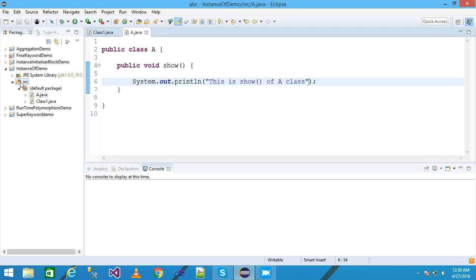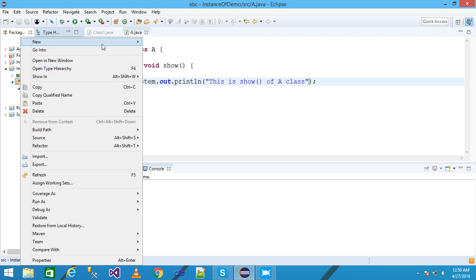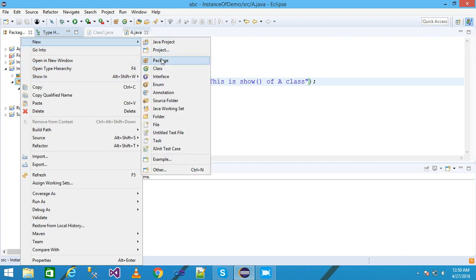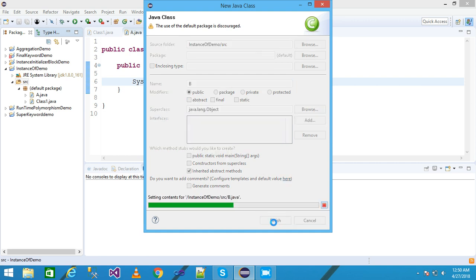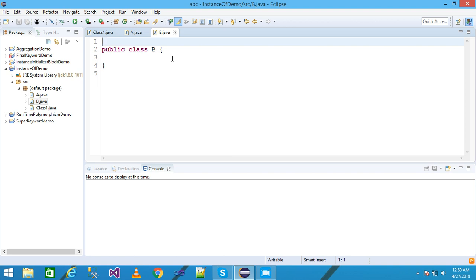Again right click on the src, New, take a class, and I'm giving my class name as B. We don't need to check the public static void main method because I have already taken it in Class1, so I leave it and then click on Finish. B class is successfully created here, and then extend